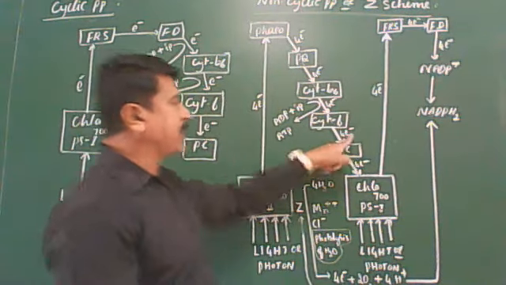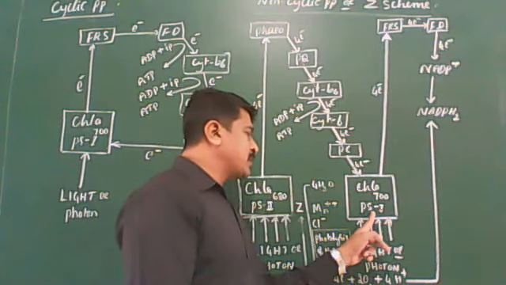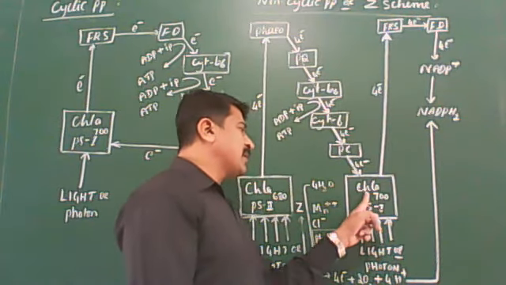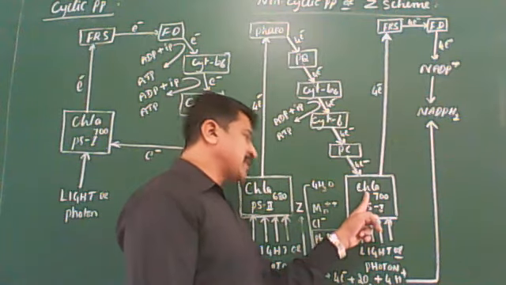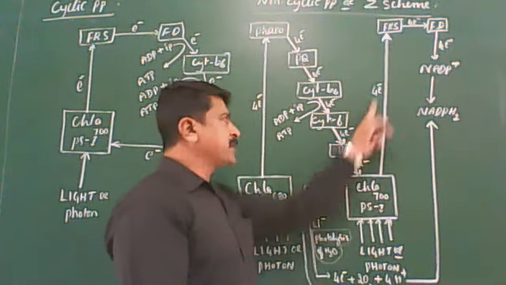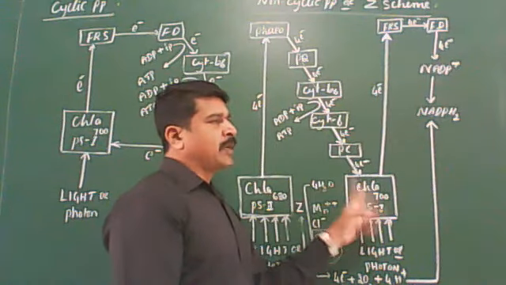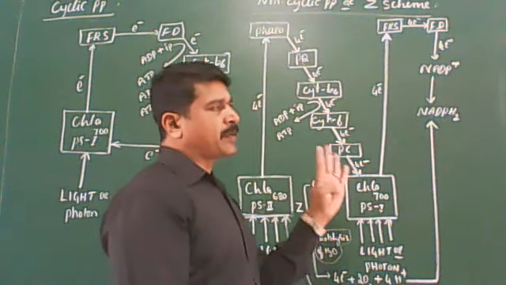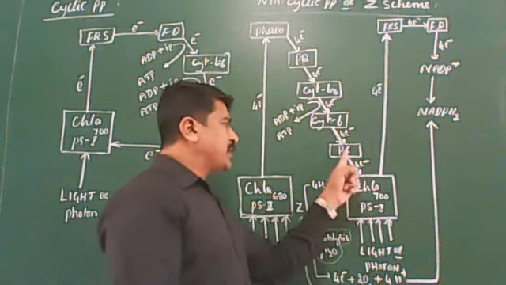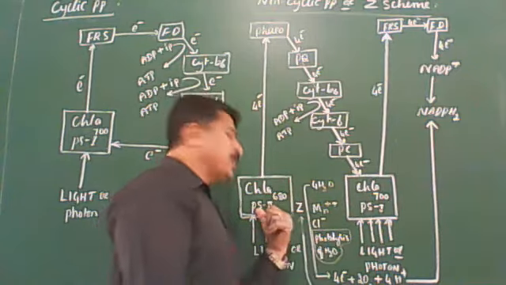By the time the electrons reach the plastocyanin, the accessory photosynthetic pigments of PS1 absorb light or photon, transferred to the reaction center containing chlorophyll A700. As a result of this, it becomes excited and ejects energy-rich electrons. With the loss of electrons, it becomes oxidized, and a 4 electron gap is created in its reaction center. Immediately after creating the gap, the plastocyanin transfers 4 electrons to PS1. These electrons come from PS2.